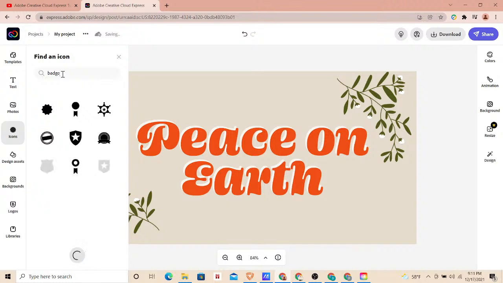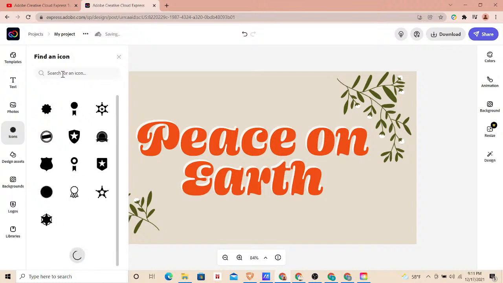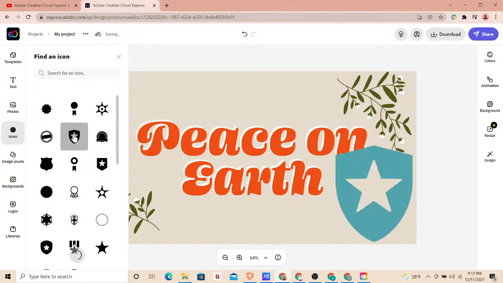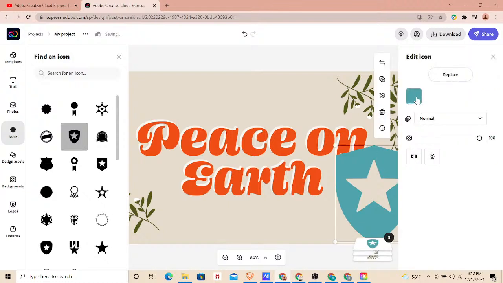What's an icon? Let's just keep it there then. It's that badge. When you take one of the badges, we click it, and then it shows up here. And then when I click this badge, I can change the color by